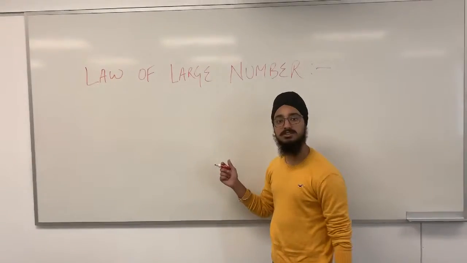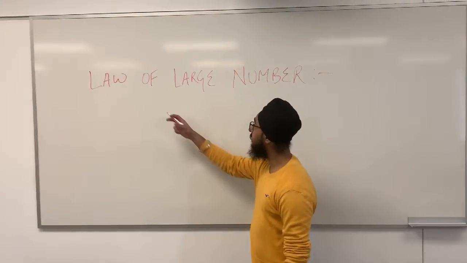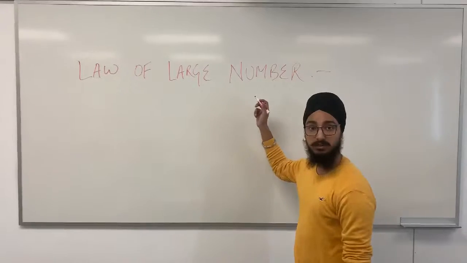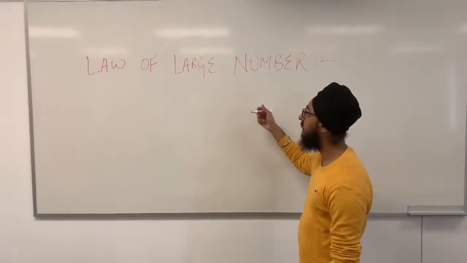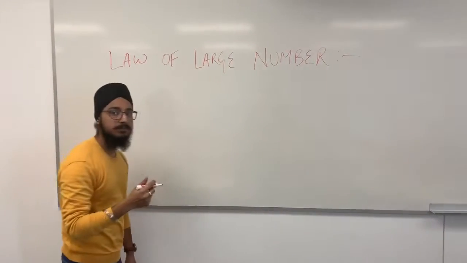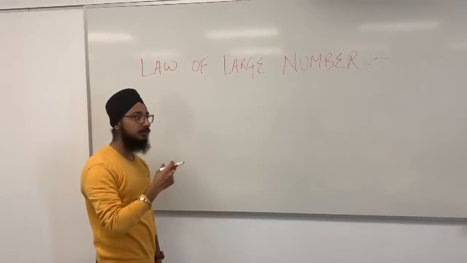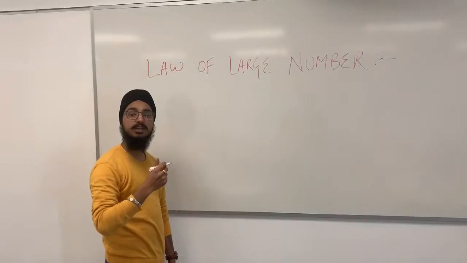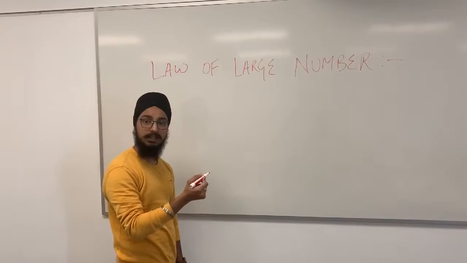Once we understand the concept of empirical probability, this is the most important assumption that we use in empirical probability, and that is the law of large numbers. What this law states is the larger the population is, the better or the most accurate probability we will get.